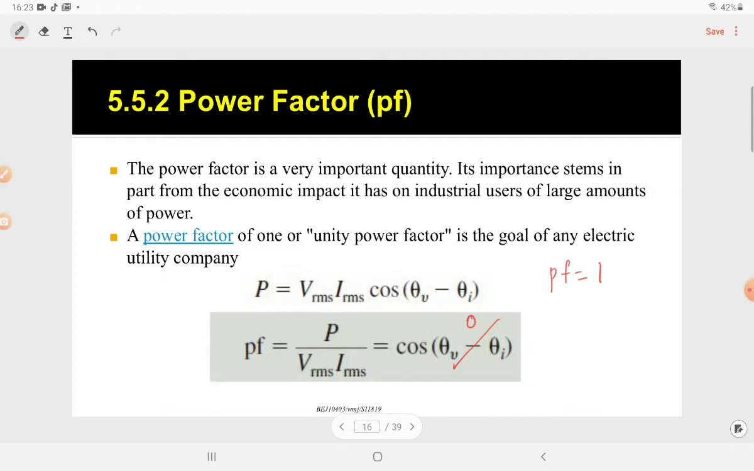The best power factor is actually equal to 1, but in reality we cannot achieve 1, because we cannot have a resistive load all the time. So usually you have an inductive load or capacitive load, right? Therefore we need to do some adjustment in order to get a power factor nearly 1. Okay,